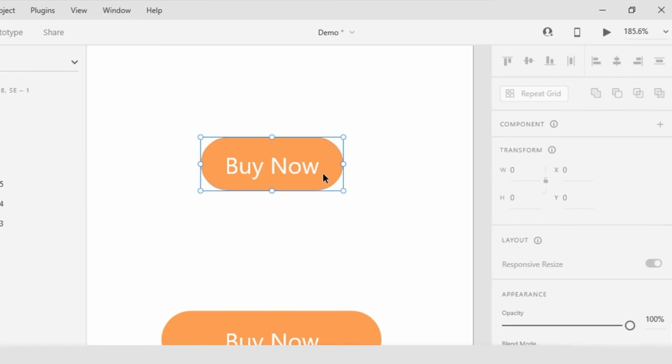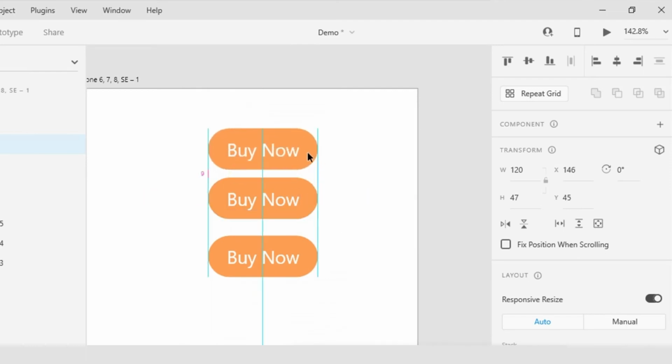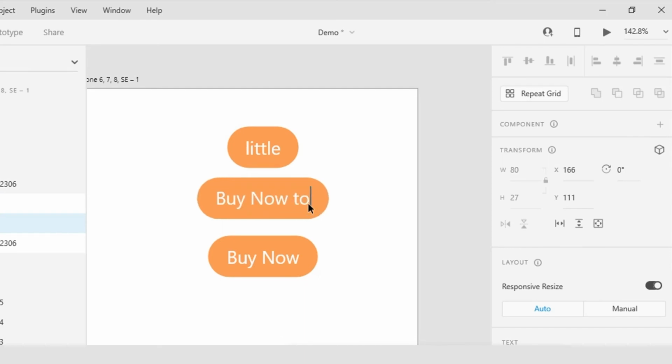Alright. Now that I have that set and defined for the button, I can come in and duplicate it. So I'm just going to press and drag the second and third version, and let's go ahead and zoom back out so we can compare it to the bad situation on the left hand side. I have got a simple button here. When I come into the label now and change this to say little, notice that is a very little button, but at least the spacing is being respected that I defined for the button above. For the last one, of course, this is a bigger button. Notice how it's just resizing the way you would think it should and respecting any of the padding that we have defined here.